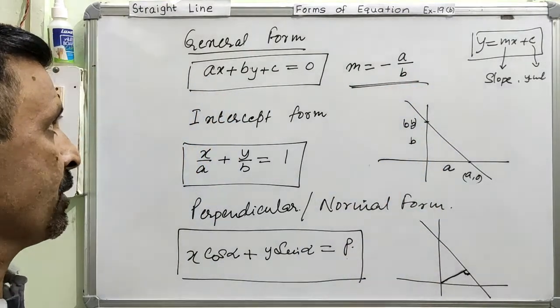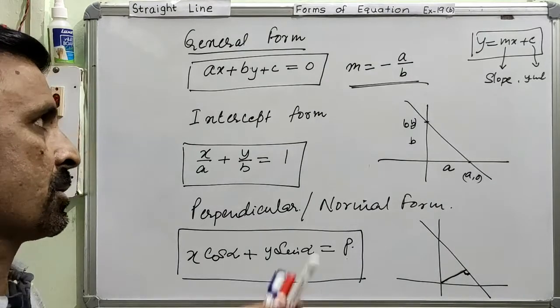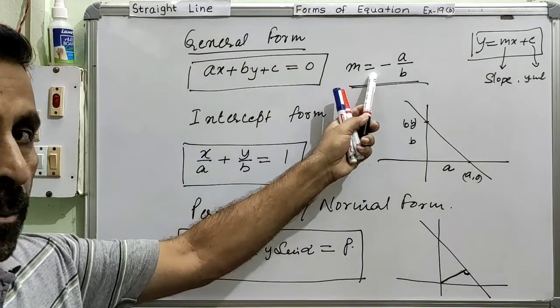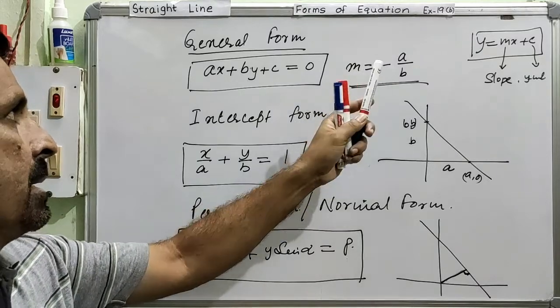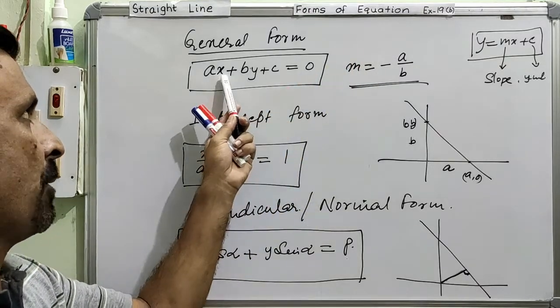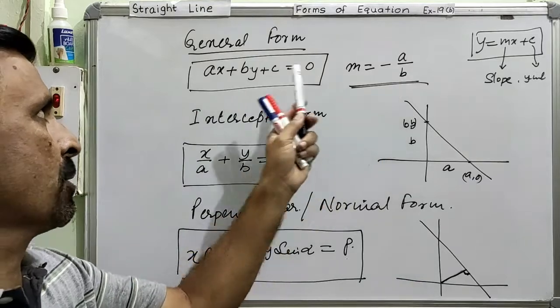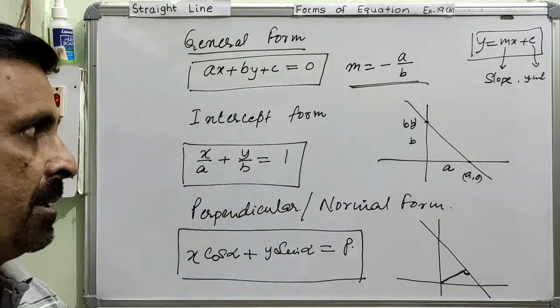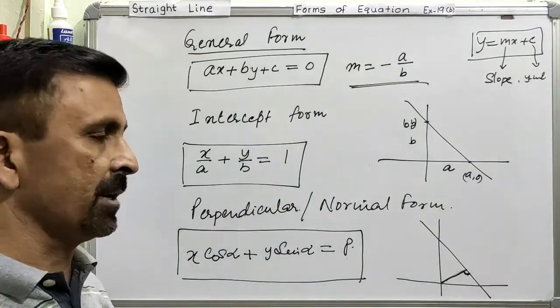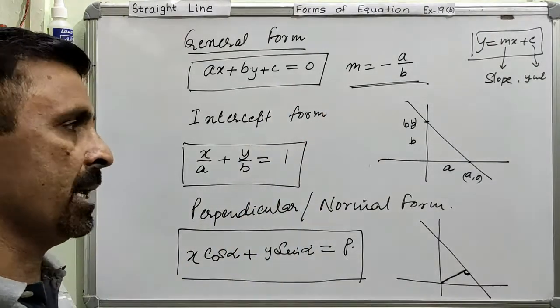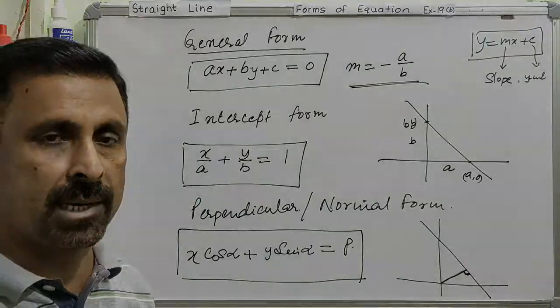So this is also one of the methods of finding the slope if you have your equation in the general form. What we did is m is equal to minus, then in the numerator we write the coefficient of x, and then we write the coefficient of y in the denominator. Is this very clear? So we are going to use these three different forms of linear equation, and then we will solve the questions. Is it very clear?